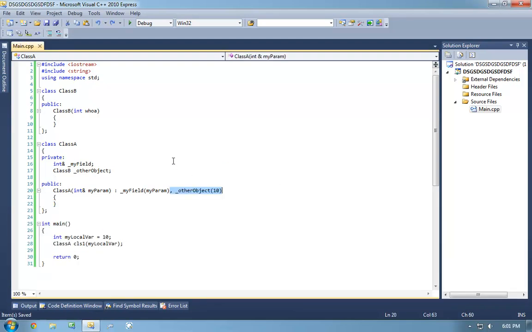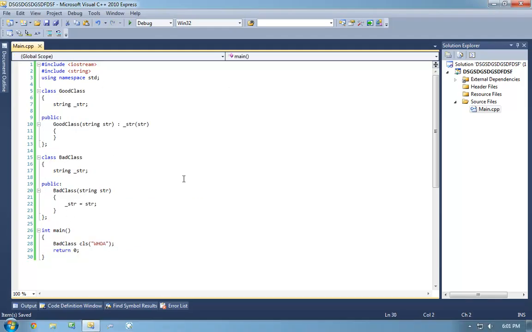And Wolfnightly said, why is it less performant for the bad class? Well, with the bad class you're doing two operations. First of all, you're setting the string to null, presumably. No, an empty string specifically, and it will be doing not a lot of operations. It's just a rule of thumb. It's going to do something, and then you're changing that immediately afterwards. It would be like saying int n equals 10, and then on the next line saying n equals 20. That's less performant than saying int n equals 20 and being done with it.